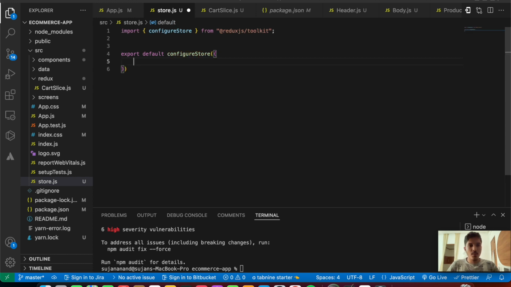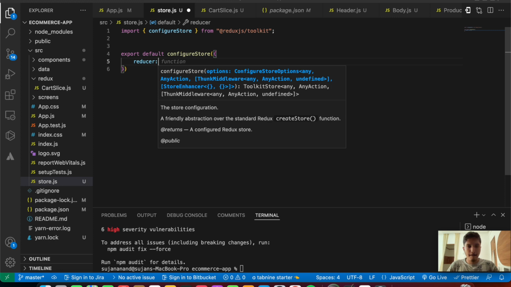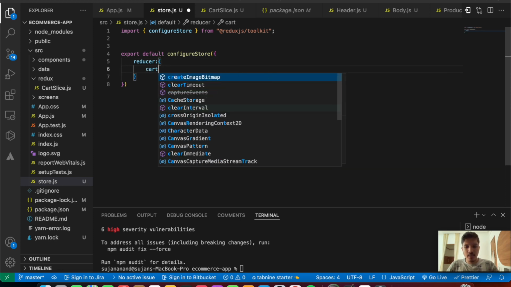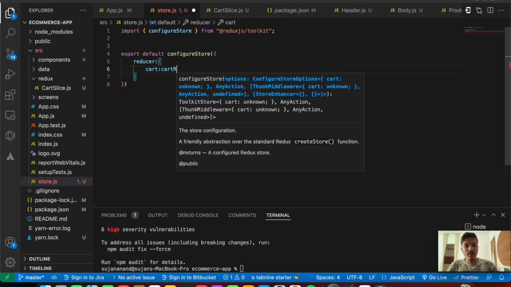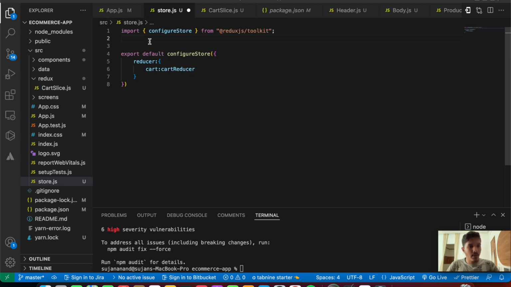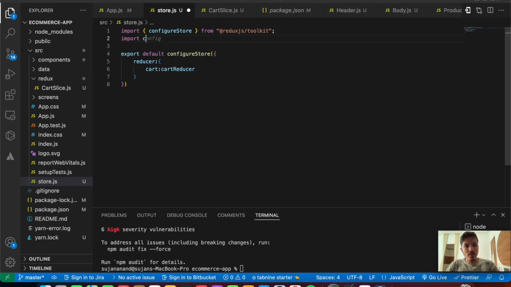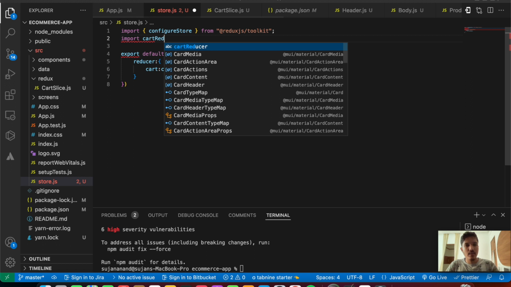It's going to take in an object of reducers. Basically, it's going to take in the reducer. So in our case, let's name it cart, and it's going to be cart reducer. Let's import the cart reducer from our cart slice file that is there inside our Redux folder. So we're going to say import cart reducer